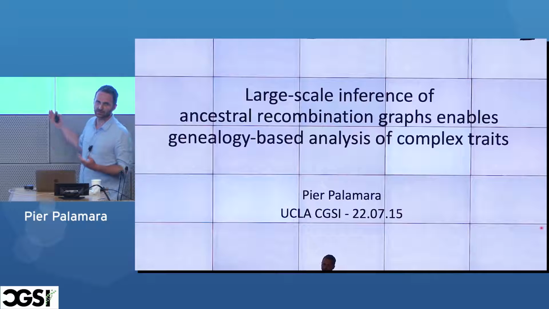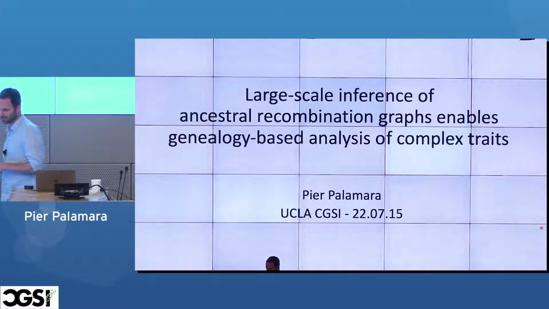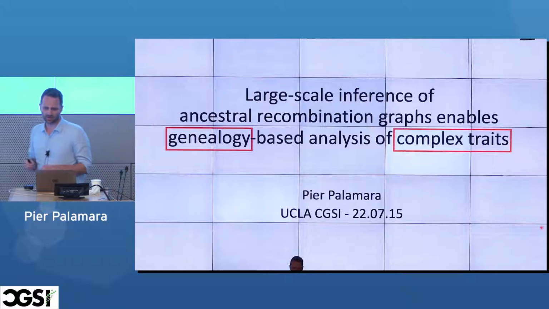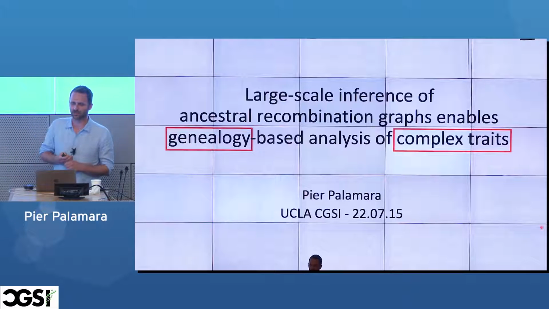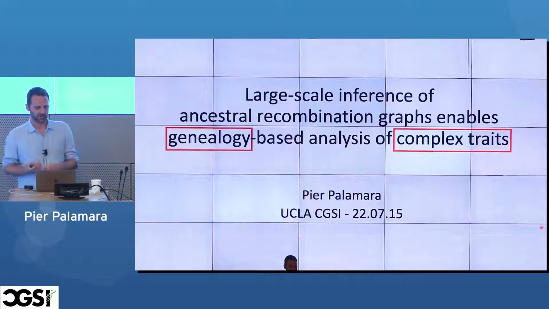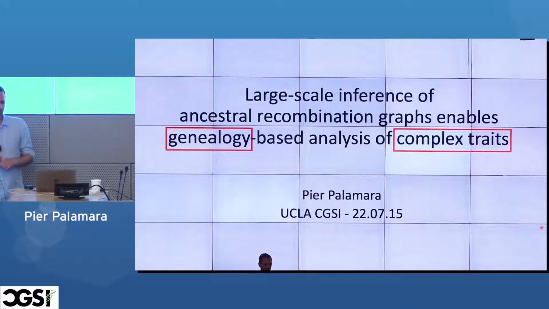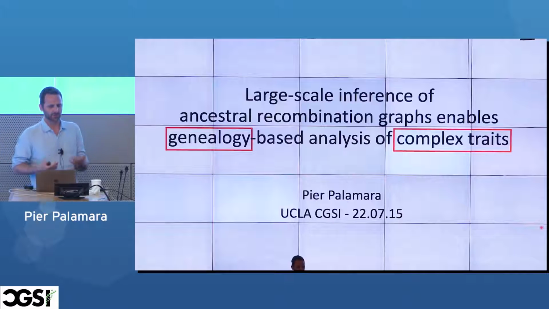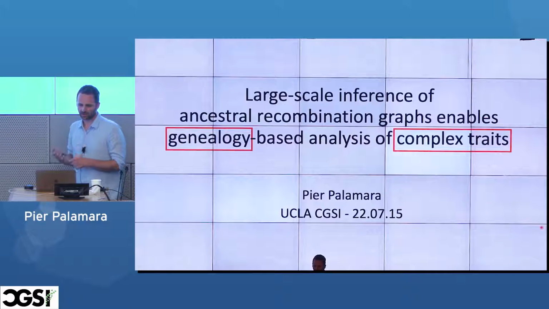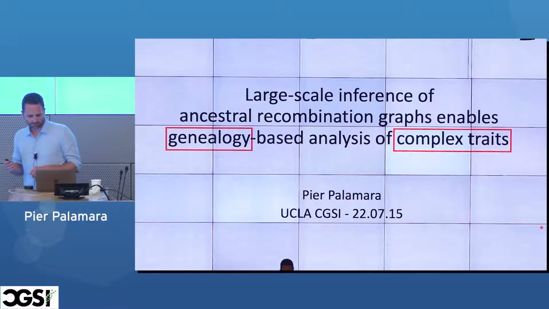And so today I'm going to tell you about this work. It's a pretty long title. It's the title of the paper we put out recently. But essentially, these are the key ingredients of the talk. I'll tell you a lot about genealogies and actually ancestral recombination graphs. It's just a technical way of referring to a specific type of genealogies that I'll tell you about, and ways of using this genealogy, inferring them, and using them to analyze things like complex traits, so like things like GWAS.